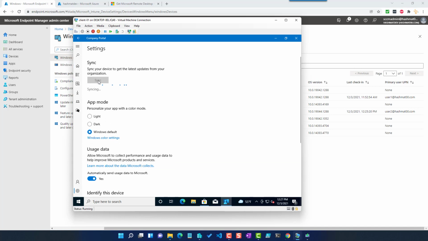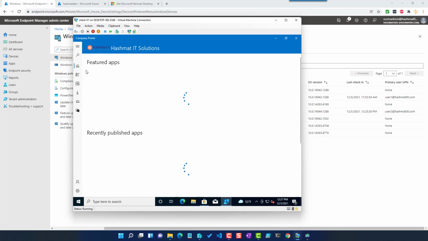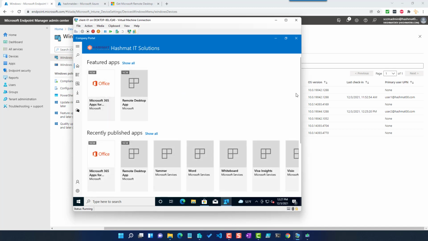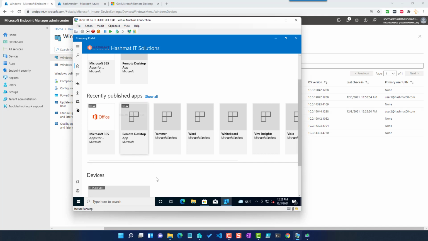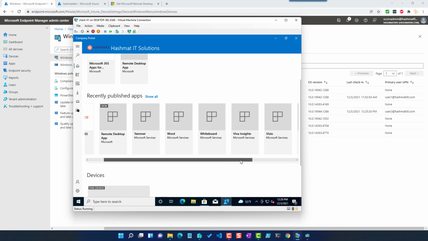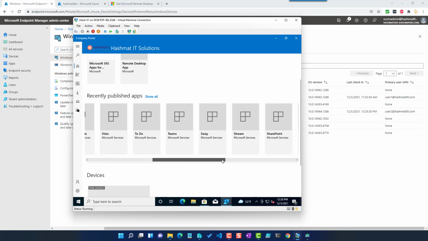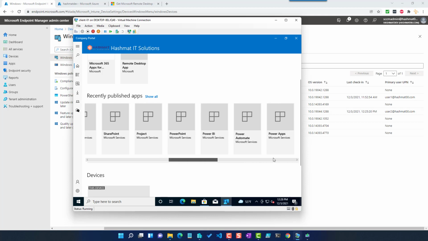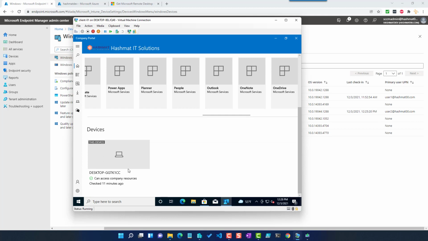run the synchronization, and go to the home page, and you see this one now. It's showing all the remote desktop apps, the one I just deployed, all the Office apps. You see the Word, Whiteboard, Visio, To Do, Teams, and all these different kinds of applications. This is a personal device. It's not